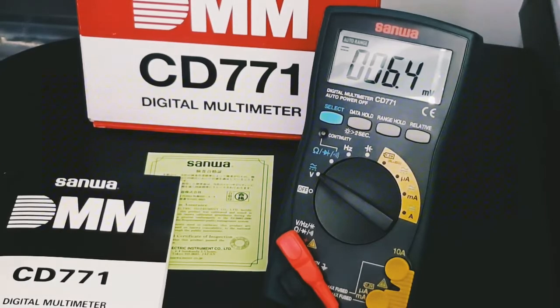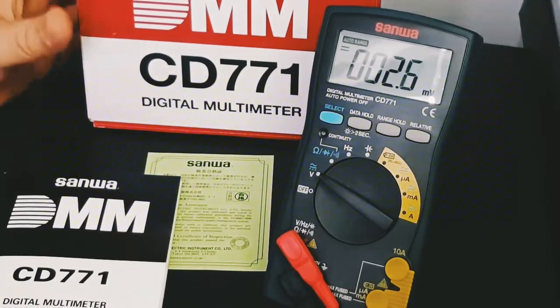Today we're looking at the SANWA CD771. This multimeter is not a true RMS multimeter. It hails out of Japan, but funny enough, and I was a little peeved initially, but